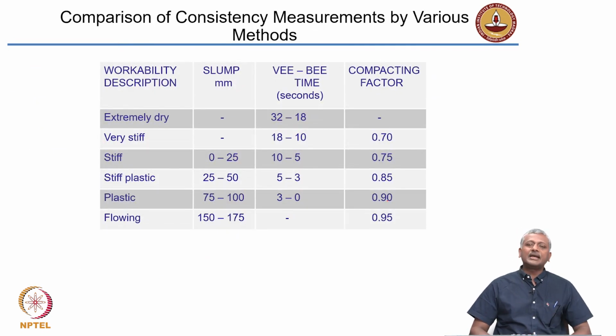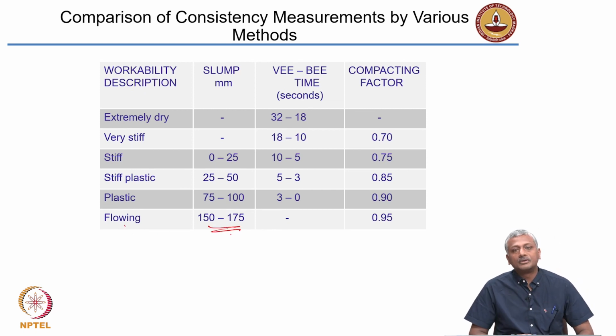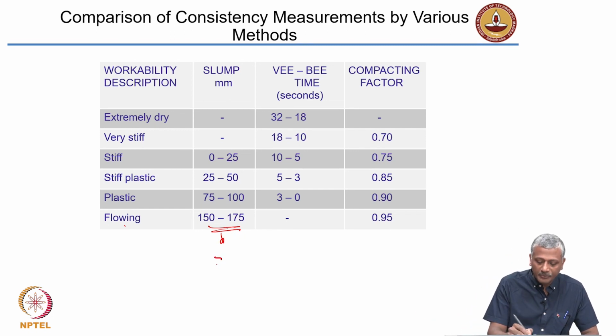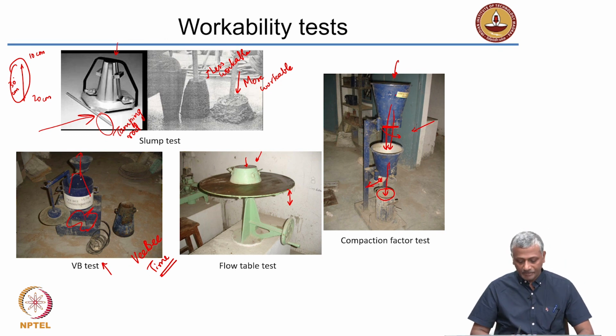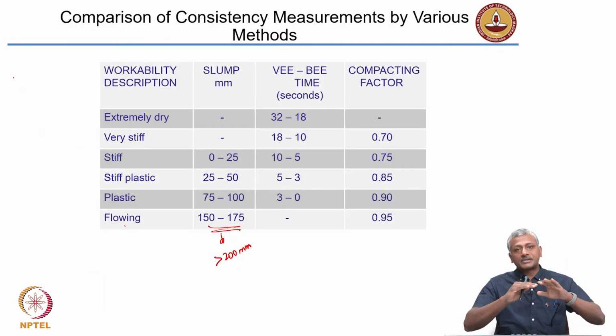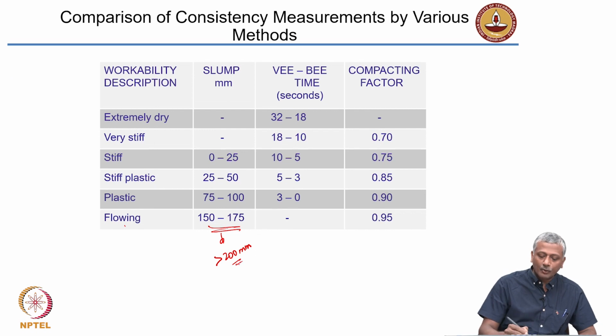Now, this is just an indicative qualitative classification of the concretes based upon the performance in different workability tests. So, as I said, when you have a flowing concrete, you have a very high slump, concrete that is very plastic and flowing. Okay. Sometimes you get slump of more than 200 millimeters also. Please recall, as I said, the total height of the slump cone is 30 centimeters or 300 millimeters. Okay. So, the maximum slump that you can typically have is only about 250, okay, because you have aggregates inside. So, the concrete cannot slump to more than 250 millimeters. Okay. So, in some cases flowing concrete can have 200 millimeters.